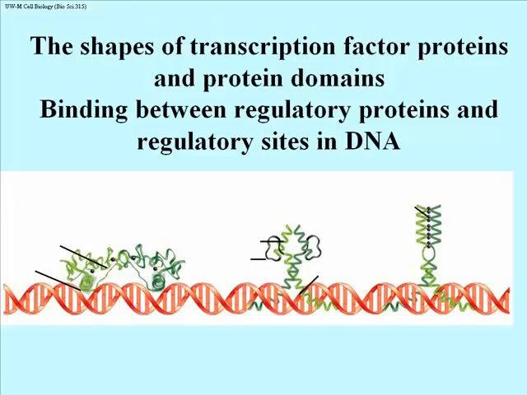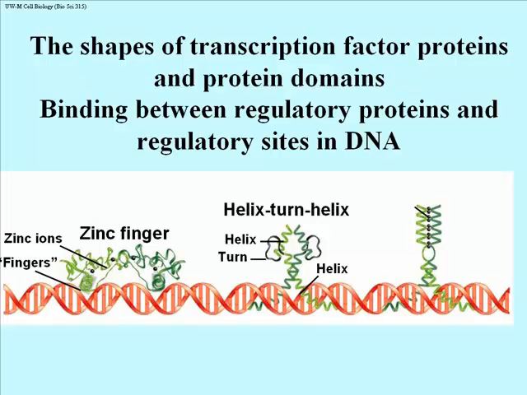Just a word about the shapes of proteins. I make a big deal in my classes about the shapes of things. There are several proteins here that interact with DNA, and there are several shape motifs that are common in proteins that interact with DNA. One of them is the so-called zinc finger protein. This is a protein that is associated with zinc ions, peppered as it were throughout the protein. And then there are these helical regions that project from the protein and get into the major groove, as you can see here, the major groove of the DNA. That's the business end of the zinc finger molecule when it binds to a sequence it recognizes.